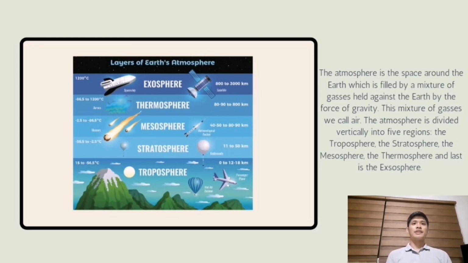In relation to aerodynamics, ang atin pong mga airplane ay nagtatravel sa layers ng troposphere and the stratosphere. Light aircrafts like helicopters typically fly in the troposphere, wherein dito po na-encounter ang turbulence dahil sa layer po na ito, nandito po yung mga water vapor na nagfo-form ng clouds. And these light aircraft are unable to operate at a high altitude because they lack pressurized cabins. So unlike large commercial aircraft, they prefer po to travel in the stratosphere where they can